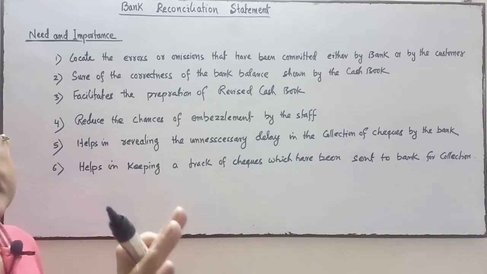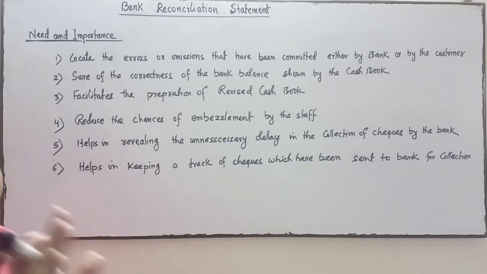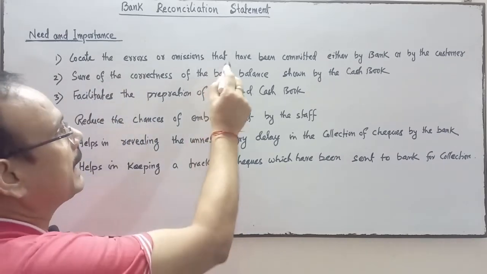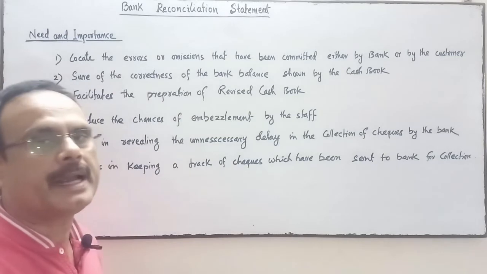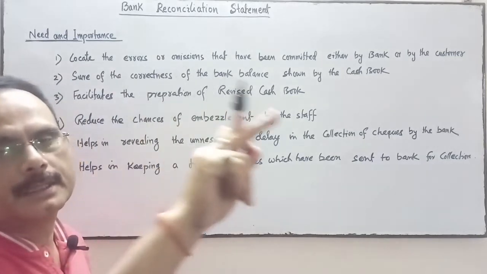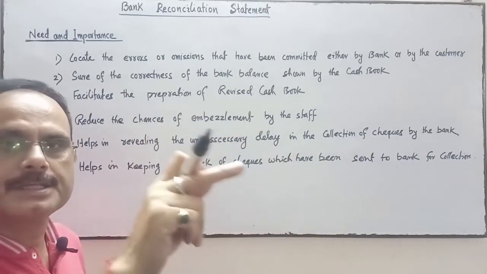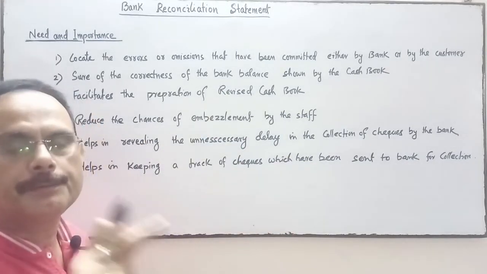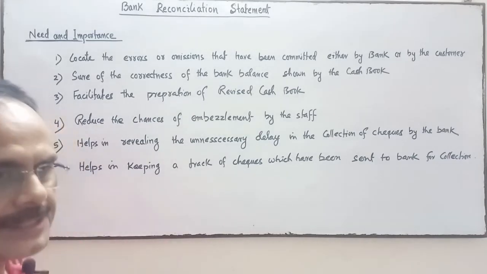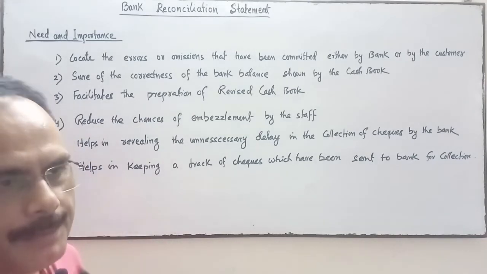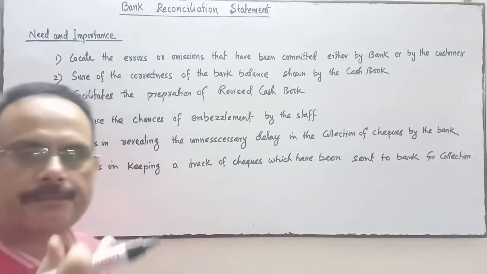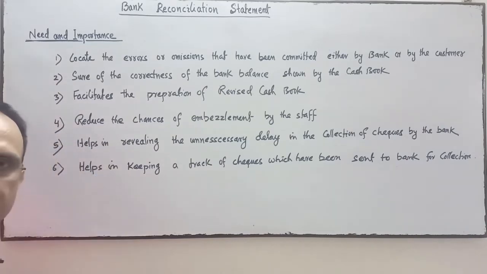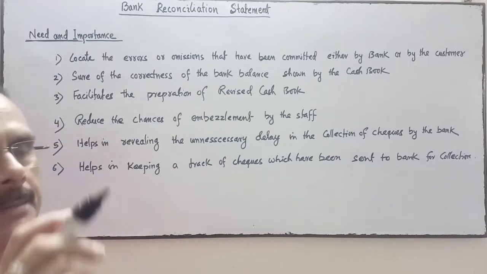statement periodically, then it is easy to detect and locate the errors or omissions that have been committed either by the bank or by the customer, and by the customer means in the cash book. So if we prepare the bank reconciliation statement periodically, maybe fortnightly, quarterly, half yearly, then definitely this will help to locate the errors or omissions committed by the bank or